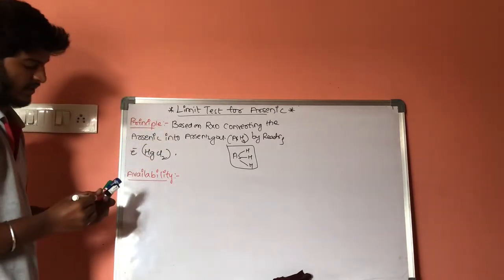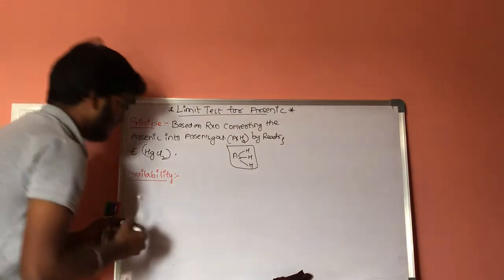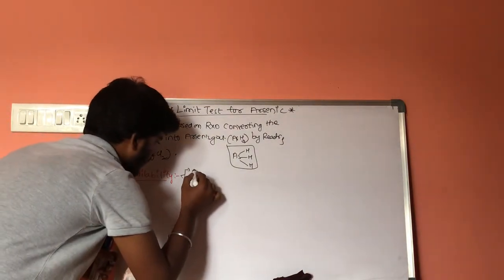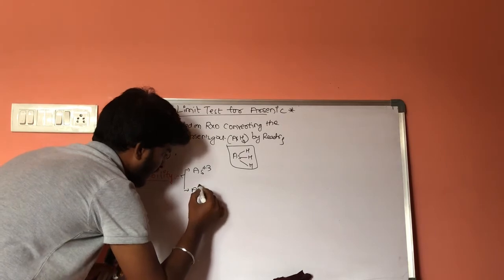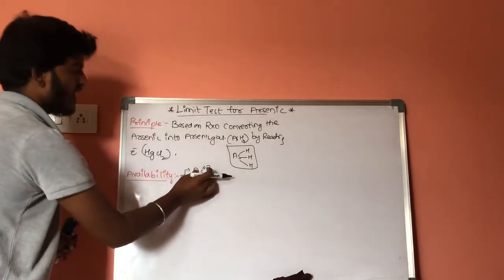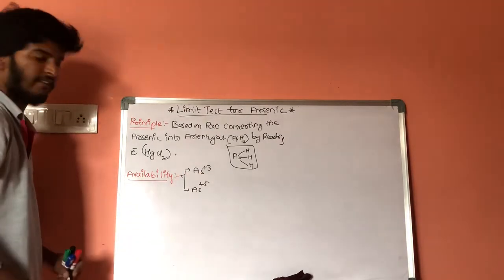It is available in two forms: trivalent form and pentavalent form, As plus 3 and As plus 5. This is arsenic trivalent form and this is the pentavalent form. Now